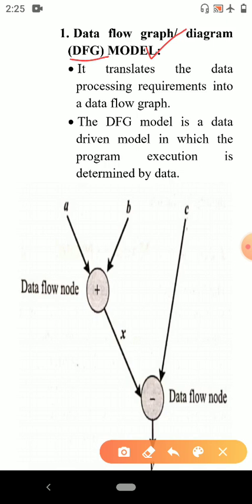Data flow graph is a visual model in which the operation on data is represented using a block or circle, and data flow is represented using arrows. An inward arrow to the process represents input data, and an outward arrow from the process represents output data in data flow graph notation.